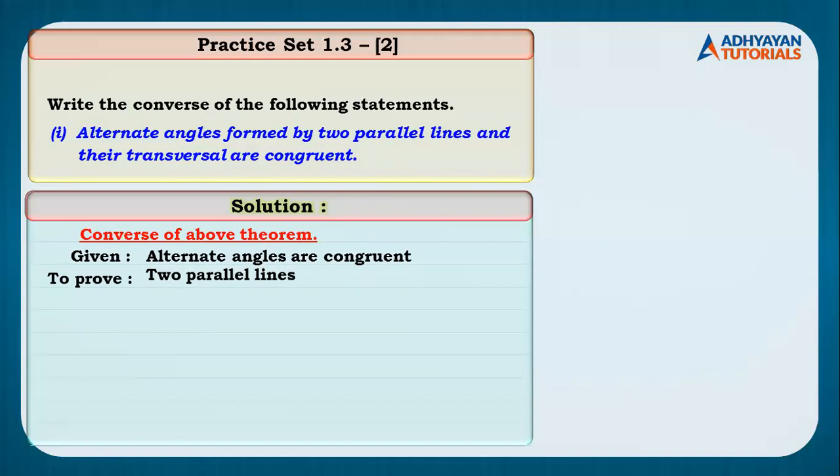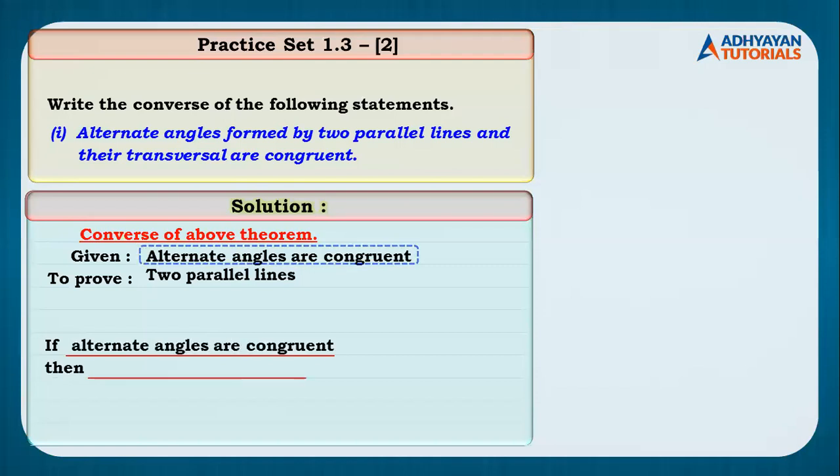It has to be the converse, but you don't have to write it as I've shown it on the screen. You have to write it like this: if alternate angles are congruent, then the two lines are parallel. I hope it's clear. Whatever is written above as the converse of the above theorem, given and to prove, is not compulsory. This is just for us to understand. I hope it is clear. Yeah. So copy the answer.